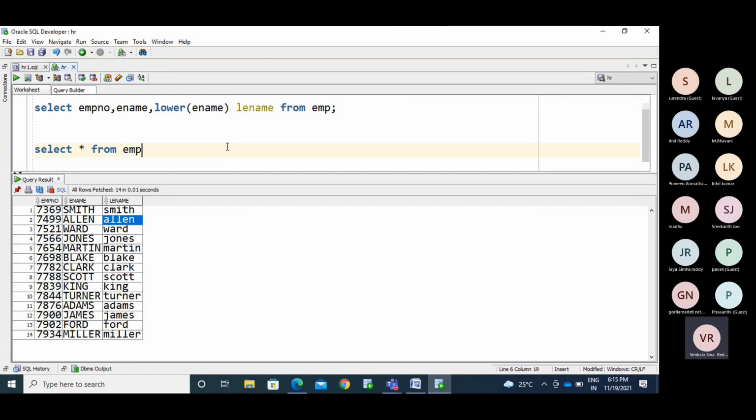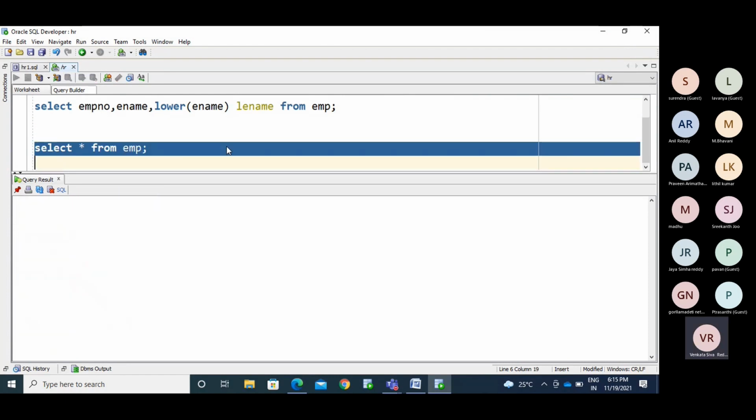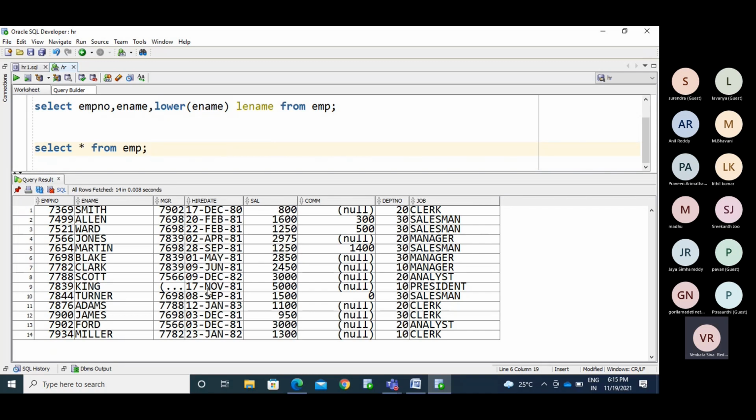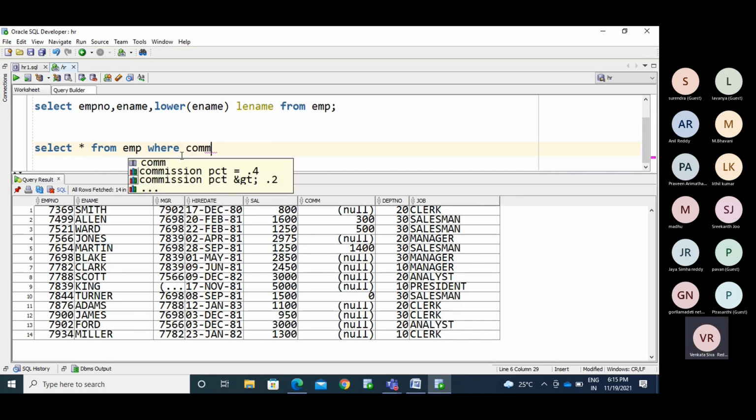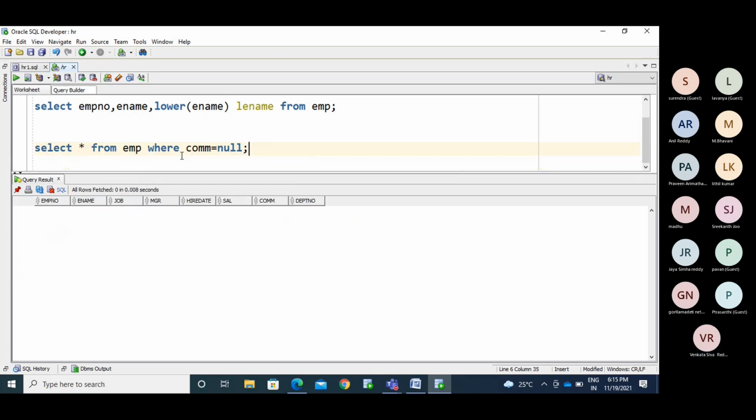Let's start from the employee table. Now I want to retrieve where commission equals null. You are not getting the details.